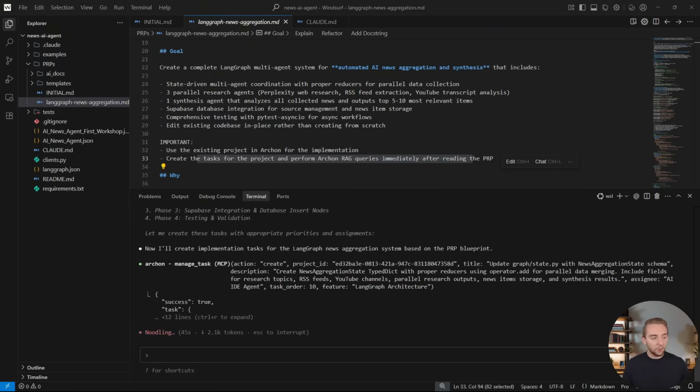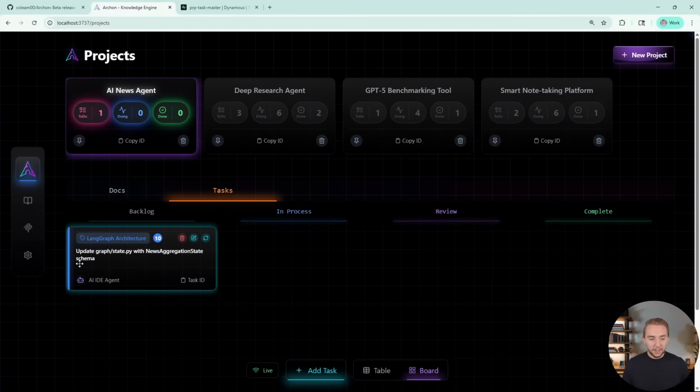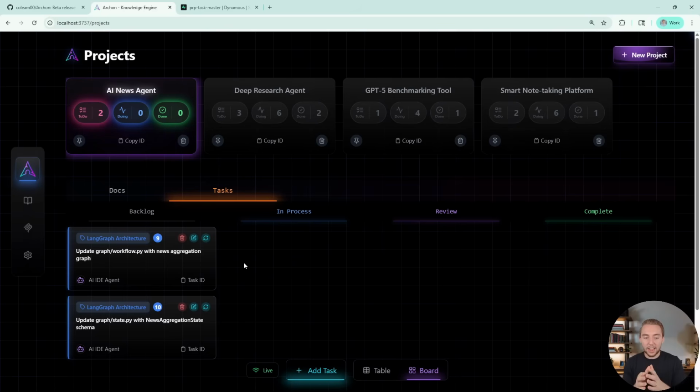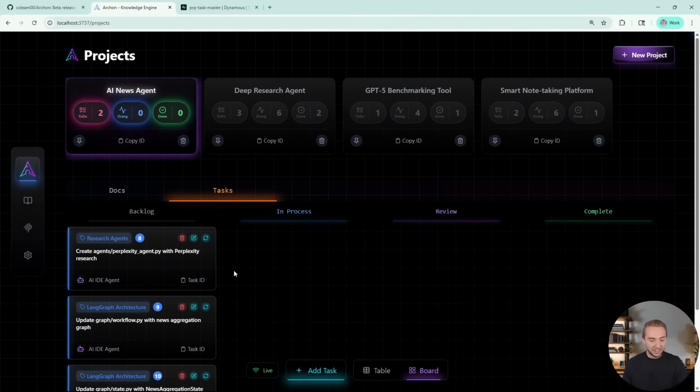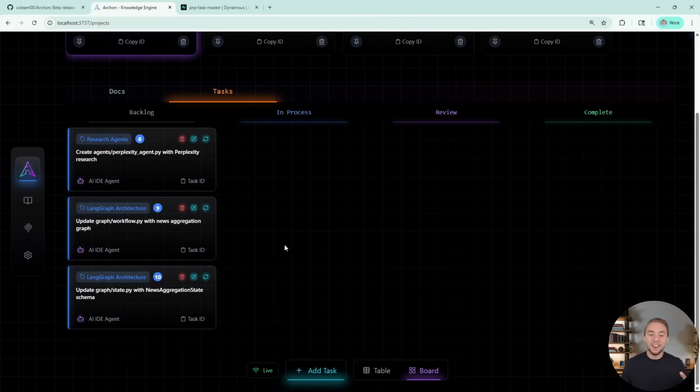All right, so there we go. It created its first task right here to update the graph state, and I didn't even have to refresh my page. It's all in real time thanks to the WebSockets that we have here, and there's another task popping up. The WebSockets that we have here between the MCP server and our user interface. It is such a beautiful thing. So it's starting to just, there we go, create all the tasks that we have here,